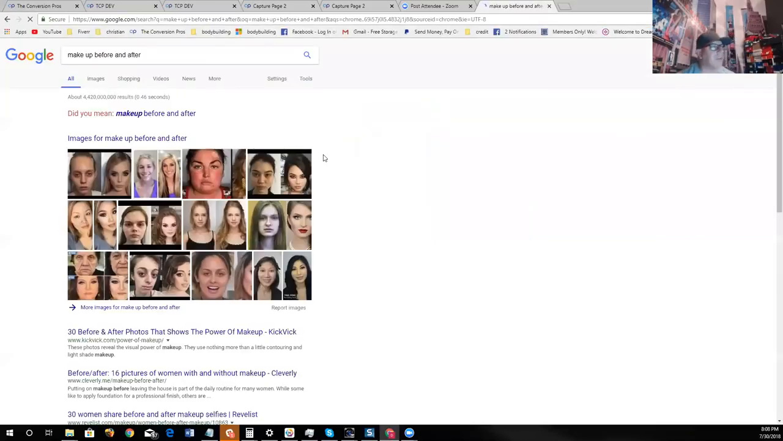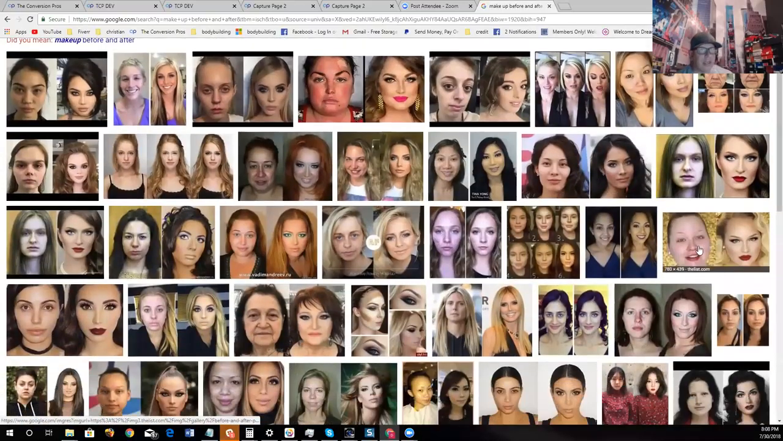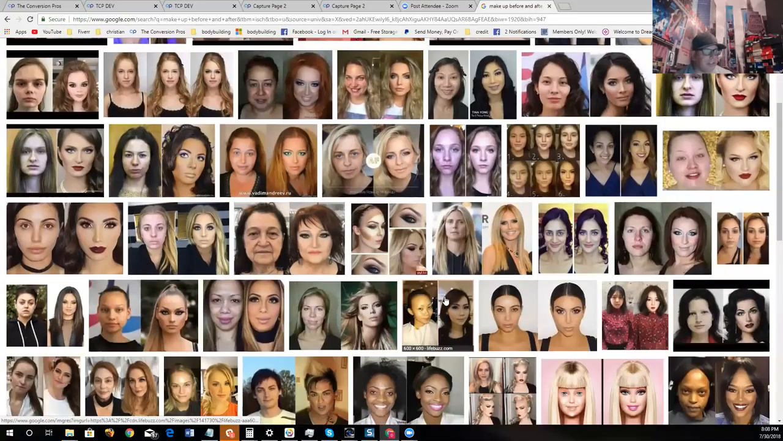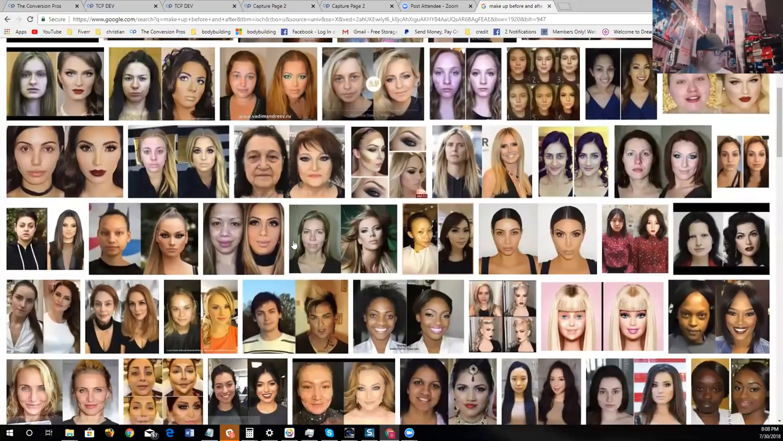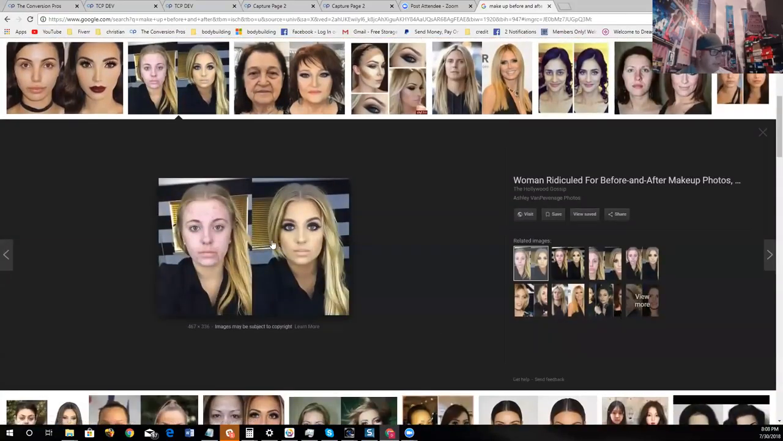Now you want to use non-copyrighted images. I'm just grabbing some images here for the use here, but you want to grab some non-copyrighted images. Let me see, like a crazy before and after here. Something that actually looks kind of good. I guess that one looks pretty good. So if I wanted to use this, copy image address, I'd come over here